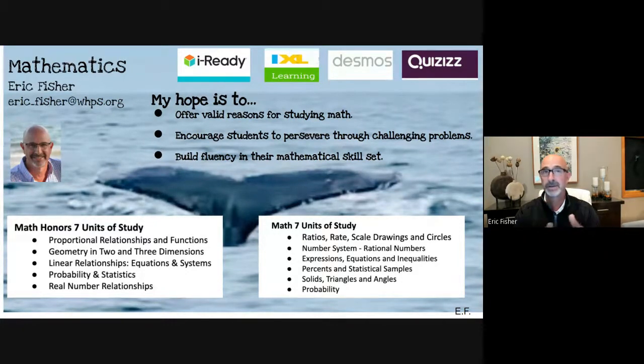In the 7th grade units of study, we're trying to prepare them for their 8th grade math class, which will include a lot of algebraic concepts. So there's not a ton of overlap in terms of the two classes this year. And where there is overlap, they're not done at the same time. It might be something I'm doing with the honors class in October, I might do with the Math 7 class maybe in February or March. So that's the way the two classes are differentiated.